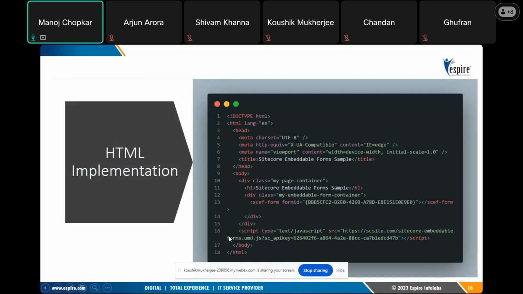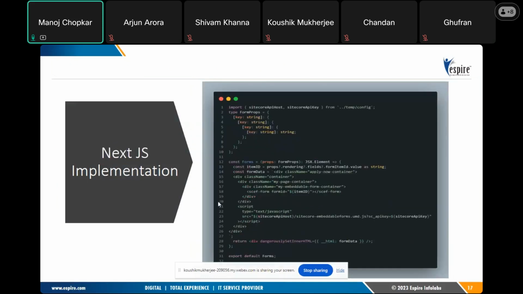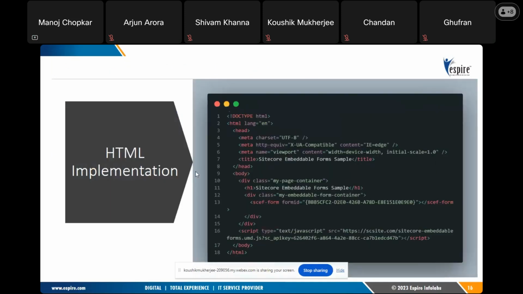Additionally, as we discussed, we'll have to embed the embeddable form script. This is the script file which you'll have to use inside your HTML file, or a particular JSON rendering, or wherever you create your rendering or are trying to show the forms. This way you can show one particular form, but let's suppose there are 100